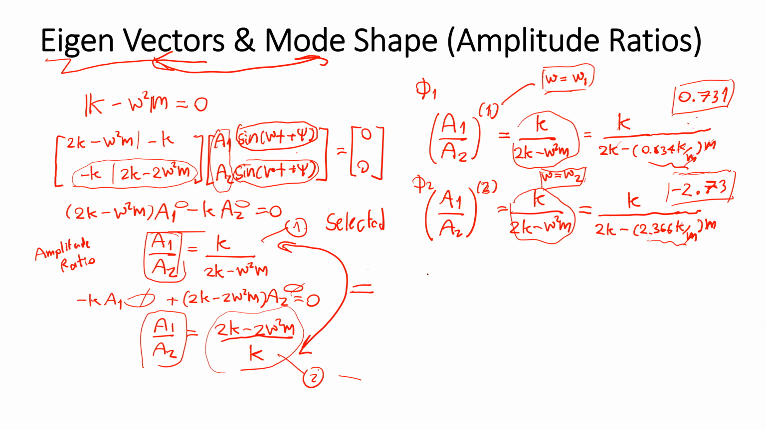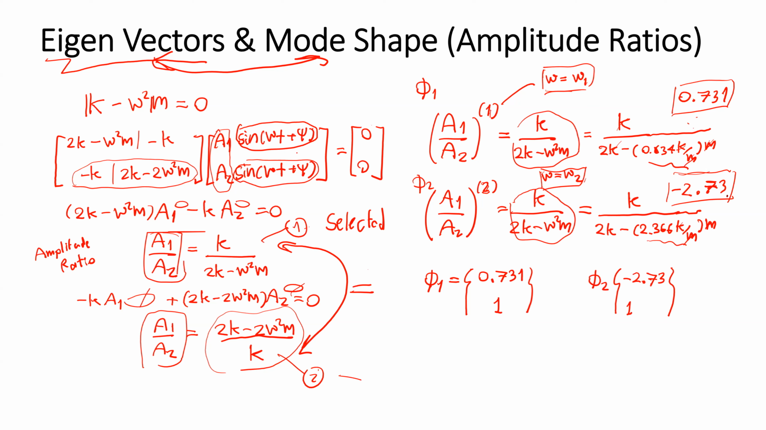And the first mode shape, or the ratio of the magnitude, it means that we have A1 per A2. It means A1 will be like 0.731 when A2 is equal to 1. And in the second mode shape, if A2 is equal to 1, A1 will equal to minus